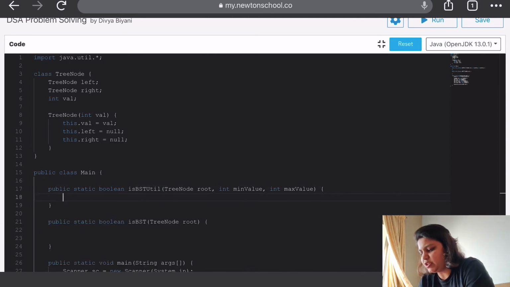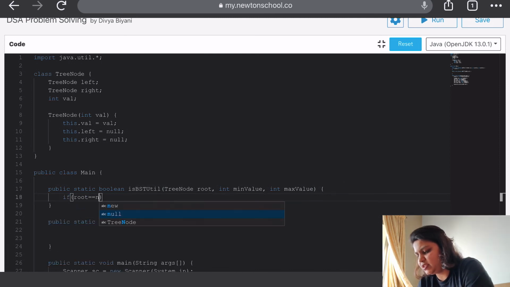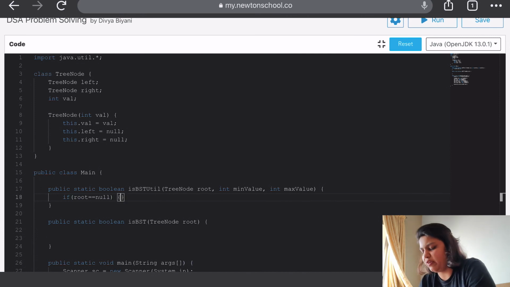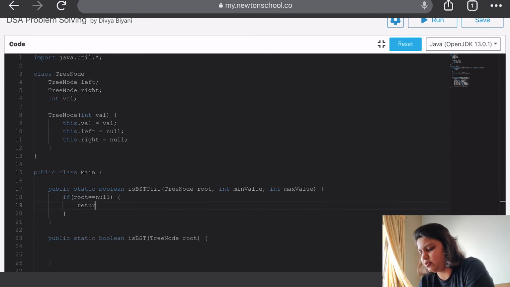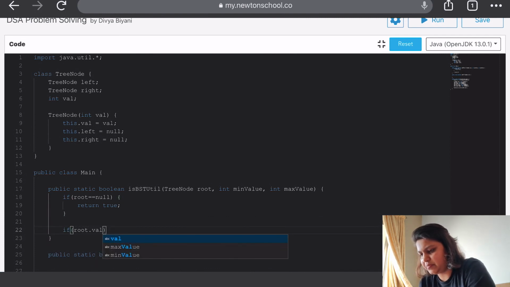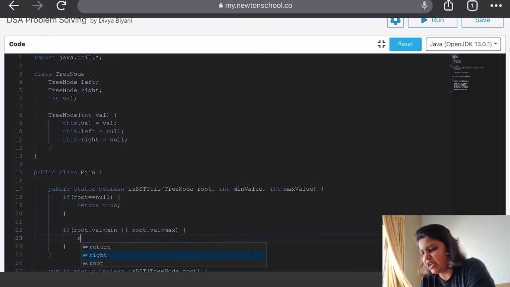After that, we are going to check if our root is equal to null. If it is equal to null, that means there is no value that it can have a restriction on, so we are going to return true. Else we are going to check if root.val is less than min, or if root.val is greater than max, then that means it is violating the constraint, so we are going to return false.